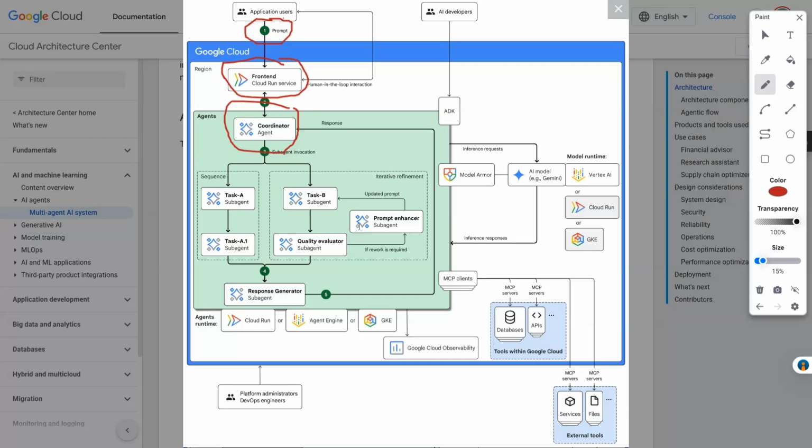And from the request, we move to the coordinator agent, the conductor of this entire system. Its job is to interpret intent, select the right orchestration pattern, and call the best fit subagents. So in a sequential flow, task A runs, and if deeper specialization is required, it calls the task A subagent,